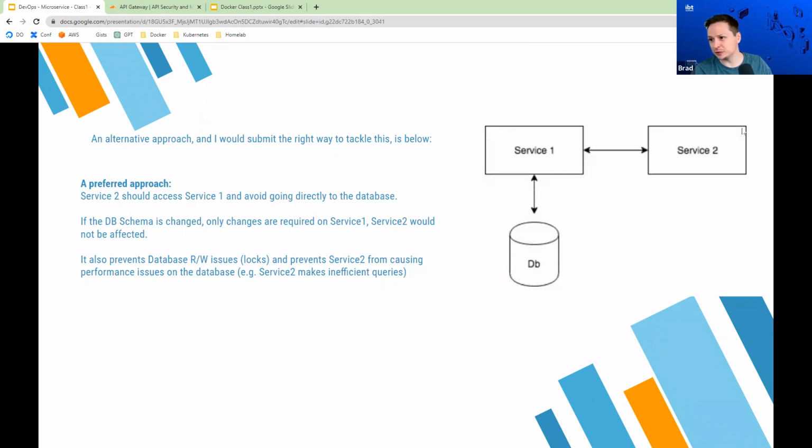Because there's hundreds of thousands of restaurants in this database, maybe. And every time the service wants to get a list of it, it's just saying, give me all the restaurants, give me all the restaurants. They haven't optimized their query or anything. So that's going to impact service 1's database. And this team is going to be like, why is our database so slow, right? So doing it this way, service 1 is the only one that talks to the database. They're going to be the only one that is actually slowing down this database, and it just makes that component ownership a lot tighter.